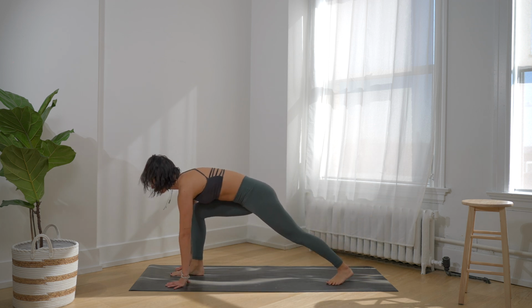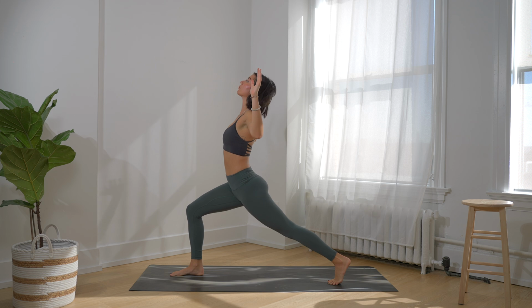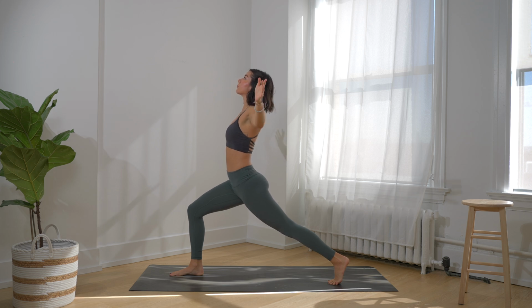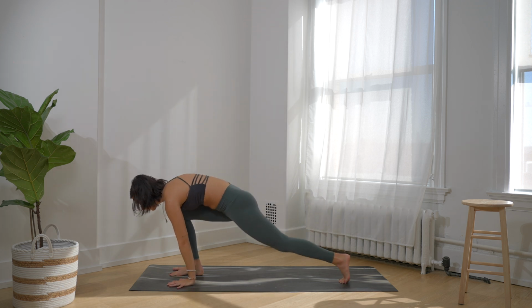high lunge. Inhale, arms up towards the sky, and exhale, arms to cactus, keeping a deep bend in that knee. Inhale, arms up again. Exhale, cactus. Inhale, arms back up, and exhale, cactus one last time. We'll inhale to sweep our arms up, and then placing them back down, we'll step our right foot back to